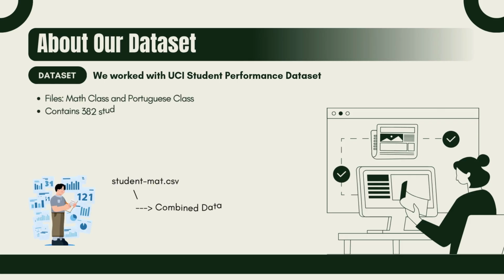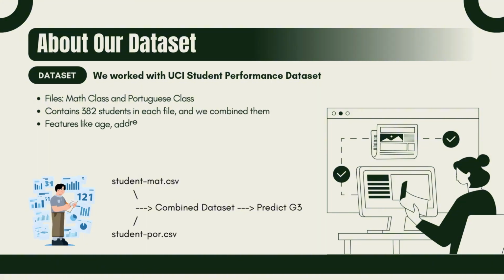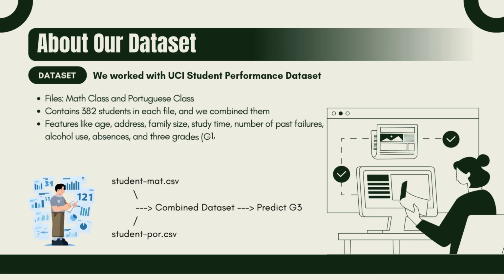What we worked on: our dataset contains information about students from two different subjects, mathematics and Portuguese. We have two files, student-mat CSV for the math class and student-por CSV for the Portuguese class. Interestingly, 382 students appear in both files, so we can connect their records and get a more complete view of